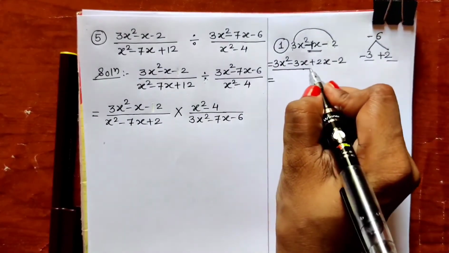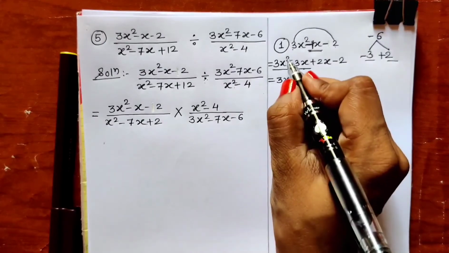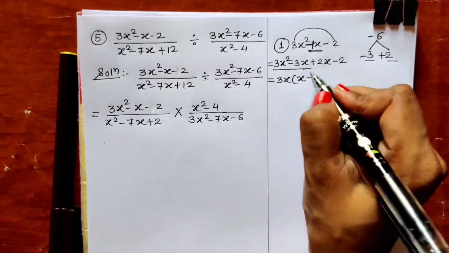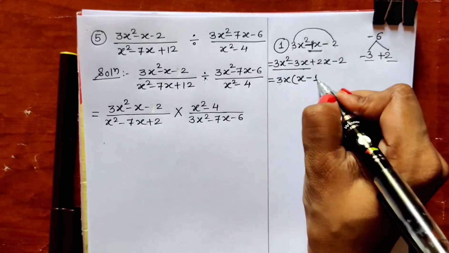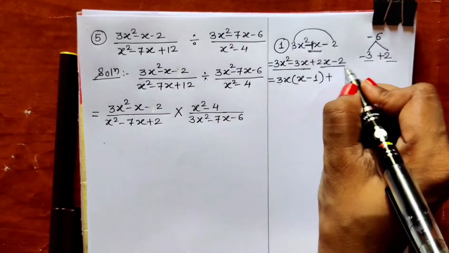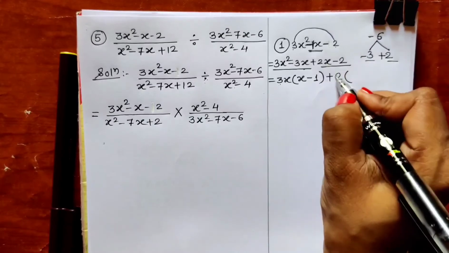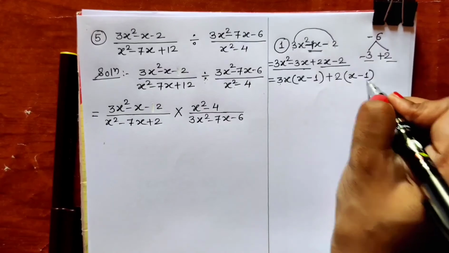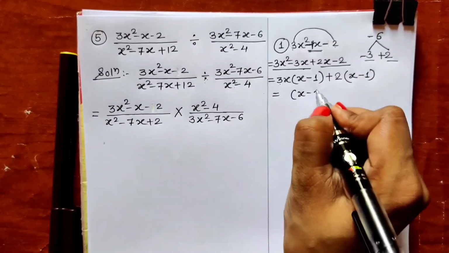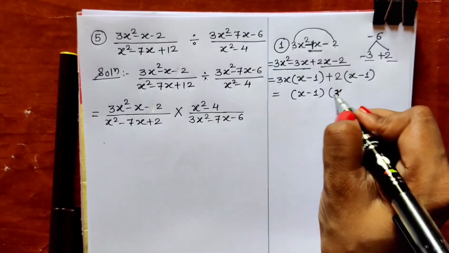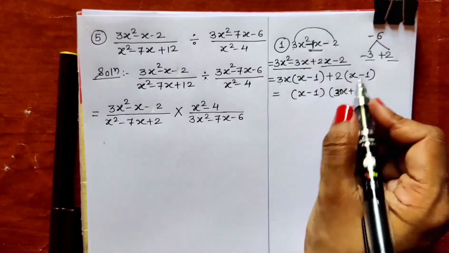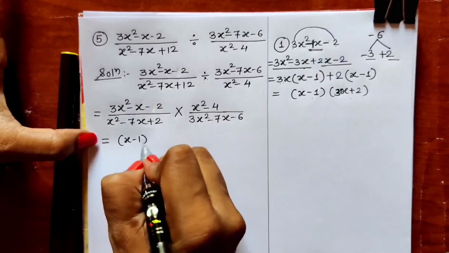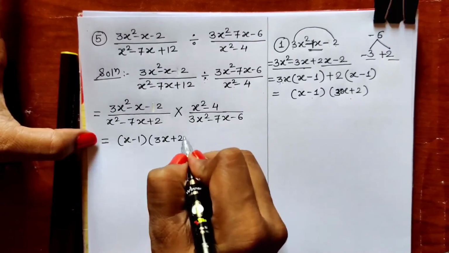Now from the first and second term, 3x is common. From the first term, 3x is taken out, 3 is common. From x square, x is common, so 1x is remaining. Minus, from the second term, 3x is taken out common, so 1 remains. Plus, from the third and fourth term, 2 is common. From the third term, 2 is taken out common, x is remaining. From the fourth term, 2 is taken out common, so 1 is remaining. We are getting 2 bracket x minus 1, 3x plus 2. X minus 1 is common bracket and 3x plus 2 is in the second bracket. So we write here x minus 1, 3x plus 2.